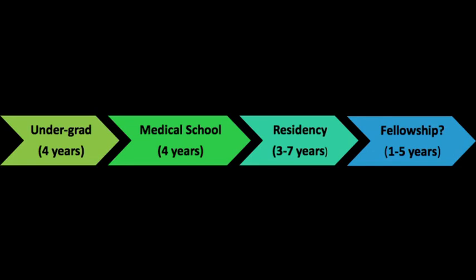So what you'll need to do towards the end of medical school is figure out what specialty you want to go into, and then think about what particular residency programs you want to apply to. So let's say that after rotations, I'm kind of on the fence between becoming a pediatrician and becoming a family medicine physician. So I look at the different universities that have residency programs in pediatrics and family medicine. Maybe I apply to 3 different schools' pediatrics residency programs, and I apply to some other schools' family medicine residency programs.